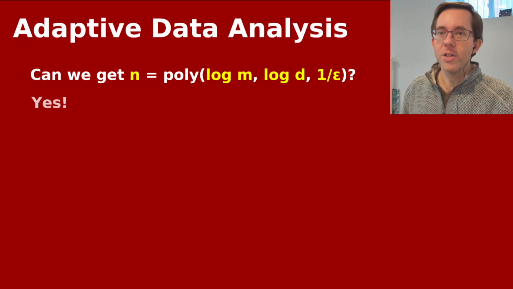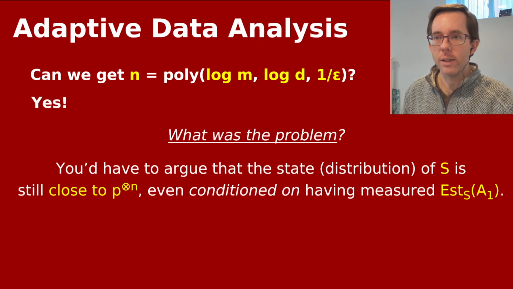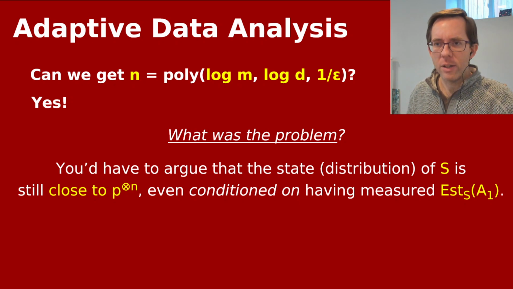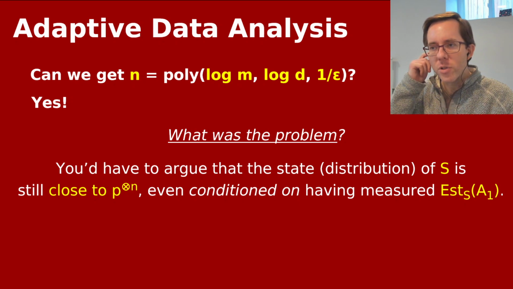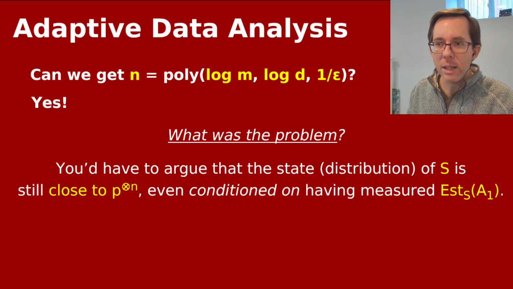And it turns out that the answer is yes. This was established only somewhat recently. And how does this go? Well, what was the difficulty that was being faced before? It was that you'd have to argue that the state or distribution of the samples you had is still close to being n independent draws from P, but even conditioned on your estimate for, let's say, the